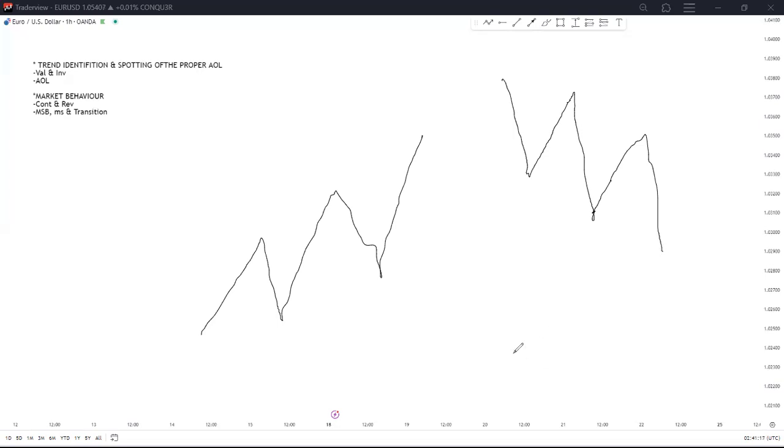Okay, within trend identification, one of the things I hope everyone understands, we have three types of trend in the market. We have an uptrend, where we expect the market to create a series of higher high, higher low, higher high, higher low. But also we have a downtrend, where we expect the market to create a series of lower low, lower high, lower low, lower high. But also we have the consolidation or stationary or ranging trend, where we expect the market to create a series of equal highs and equal lows. So for that reason,